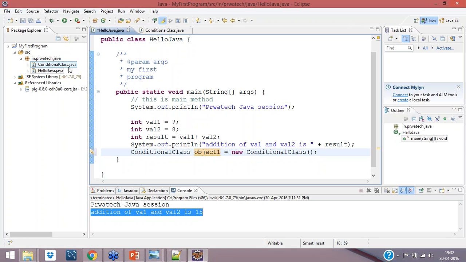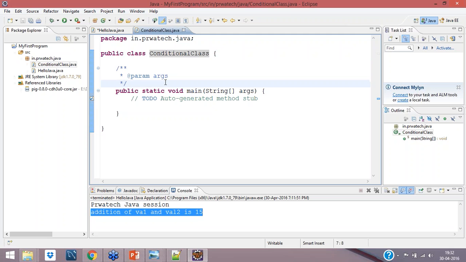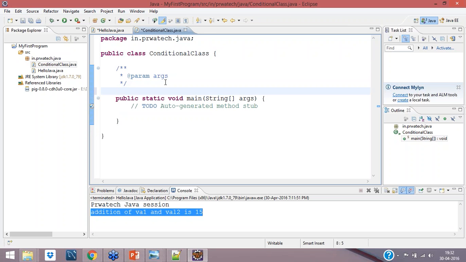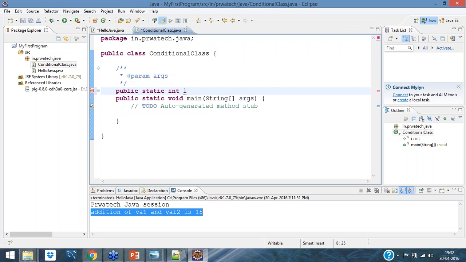Let's say here I'm maintaining a value, int i = 99. That value I can get here: object1.i.